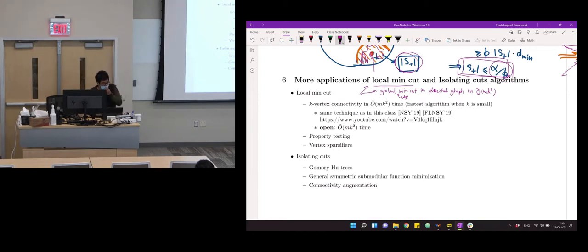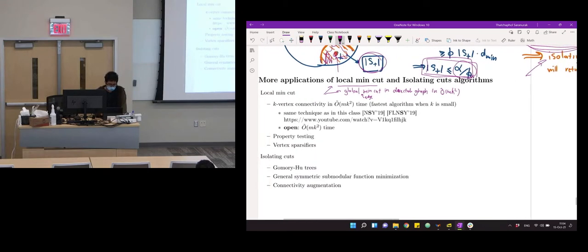So what do I mean by that? I mean, if you look at the problem where you have a graph and you ask, can you delete k vertices from the graph so that the graph becomes disconnected, right? Then one can define,